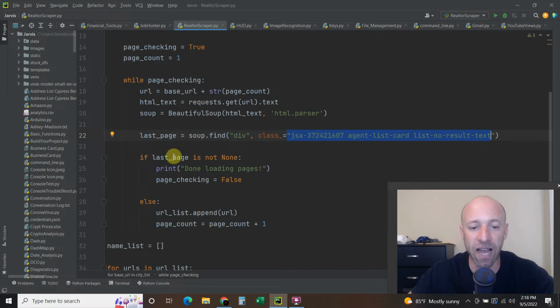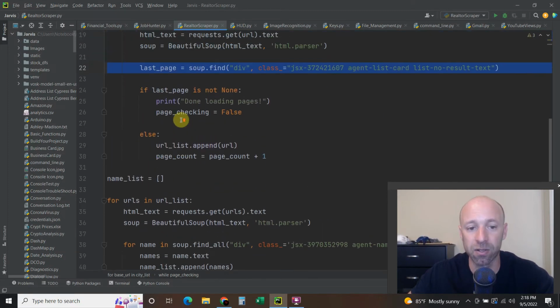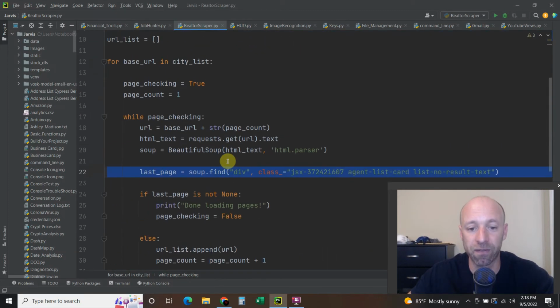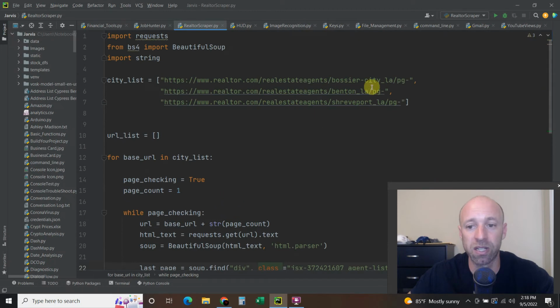So if the last page is not None, if Beautiful Soup finds this, then we're going to print done loading pages, set page checking equals false, and we'll get out of this while loop. Else, if this text is not here,